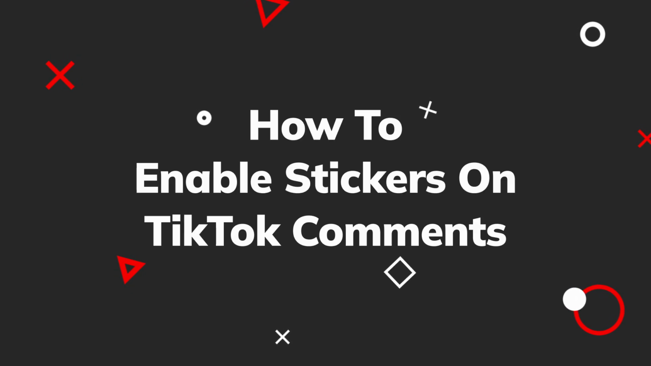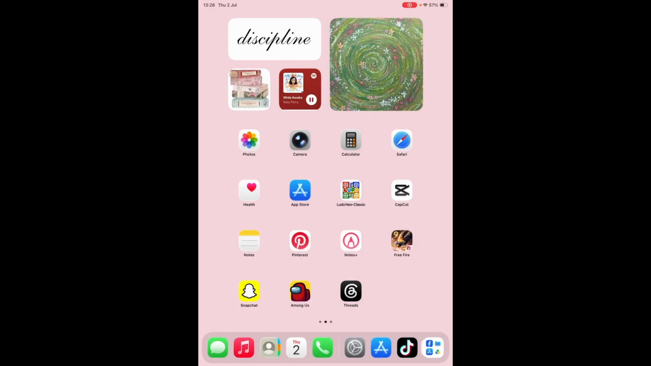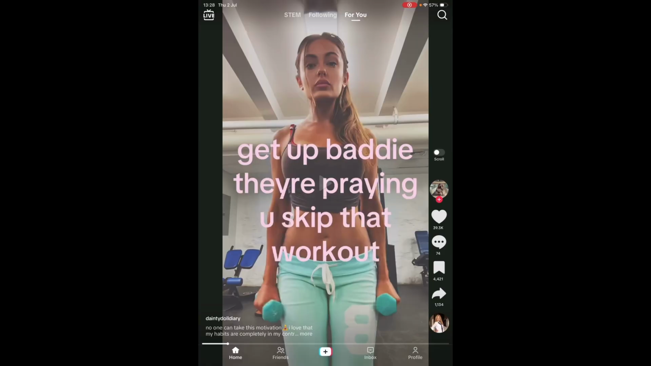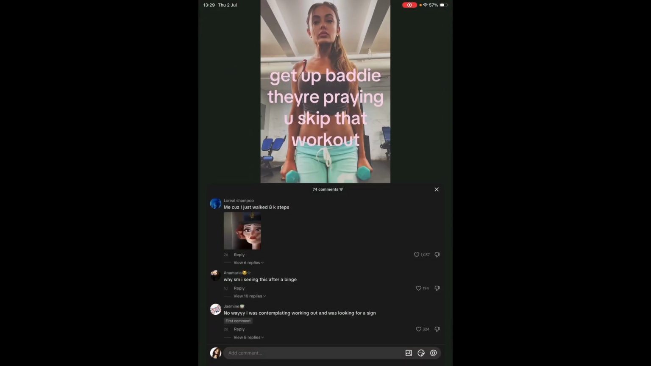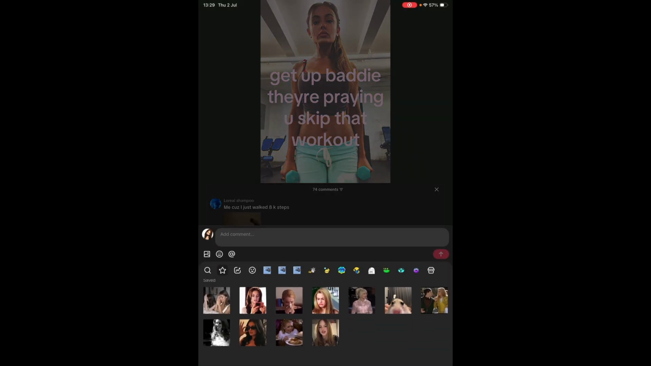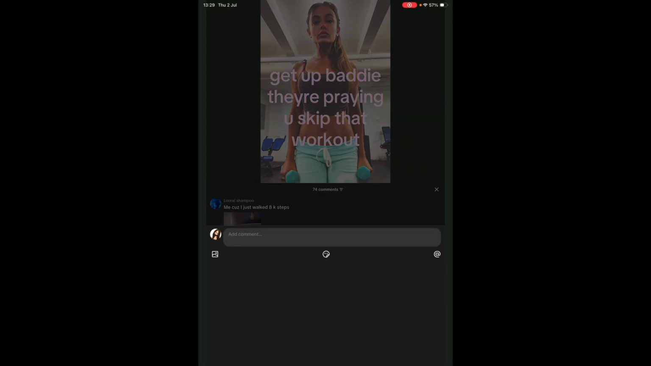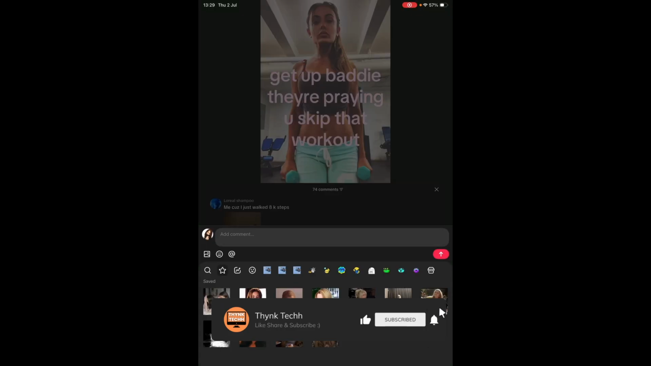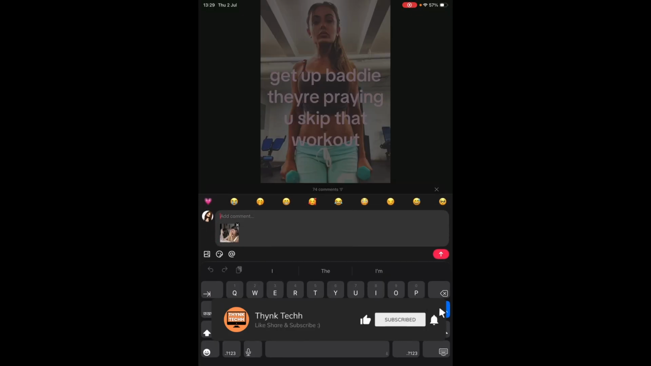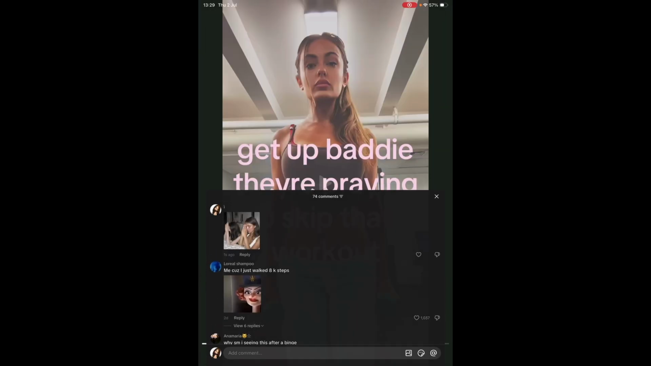So in this guide, I'm going to teach you how you can enable stickers on your TikTok comments. First of all, remember that comment stickers on TikTok should be automatically allowed. There is no such option that you can enable for stickers. But in case you do not have the option to comment stickers on TikTok, what you need to